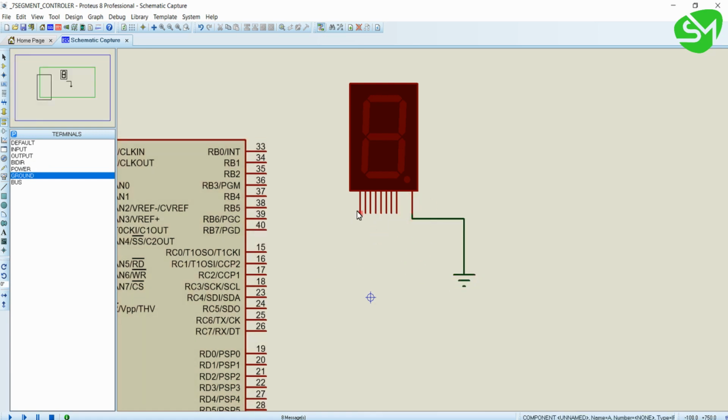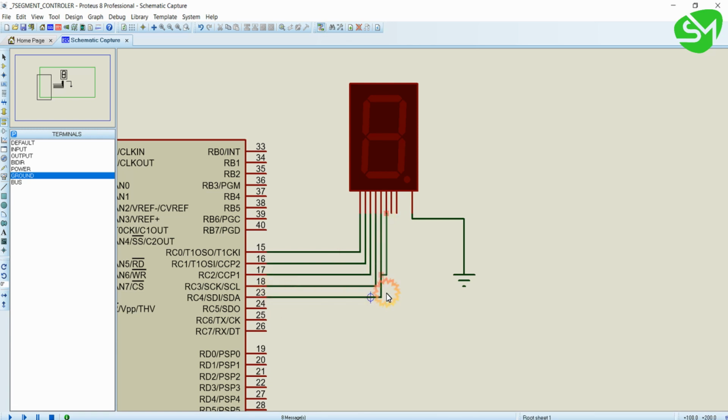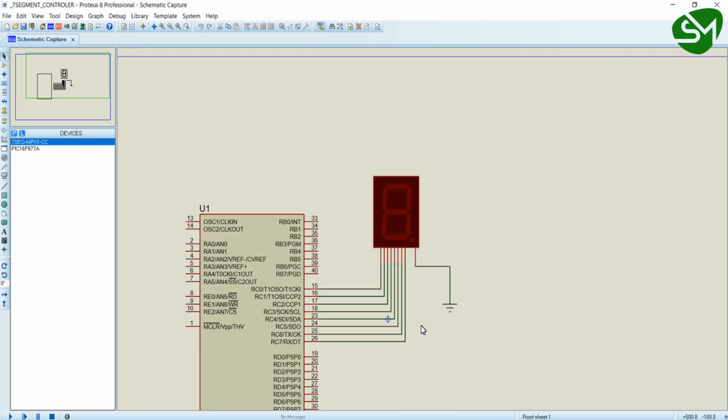Now I will connect the A, B, C, D, E, F, G and H to the RC0 to RC7. As of now, the circuit is complete.